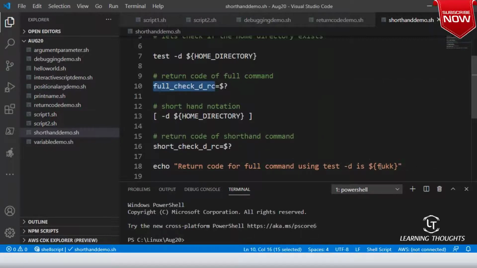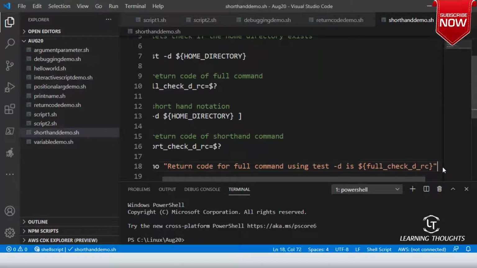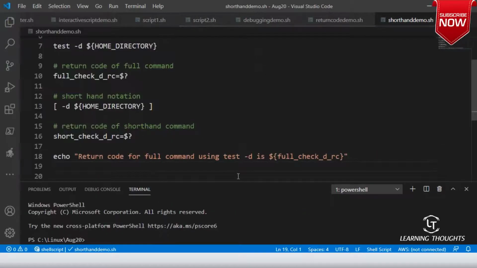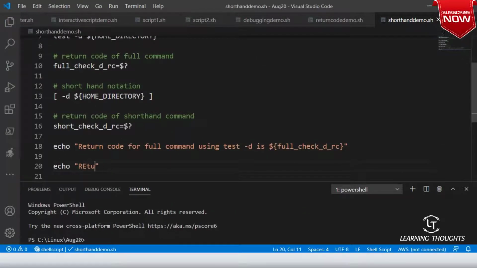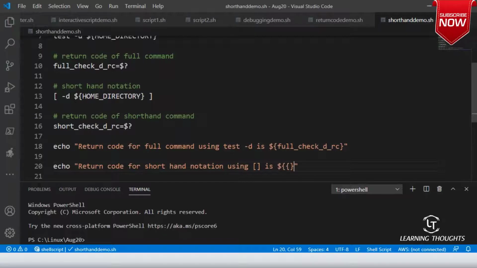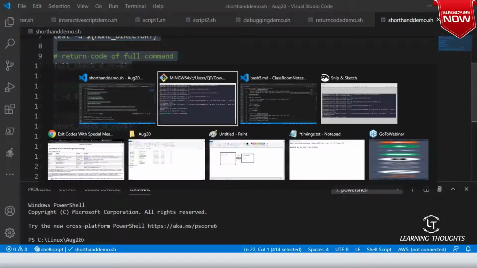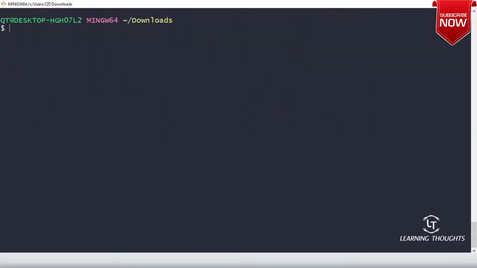Let me copy this, right, and then echo return code for shorthand notation using square brackets is $. Is it making sense, sir? Yeah. Now let me copy this. Okay. Go in here. Okay.